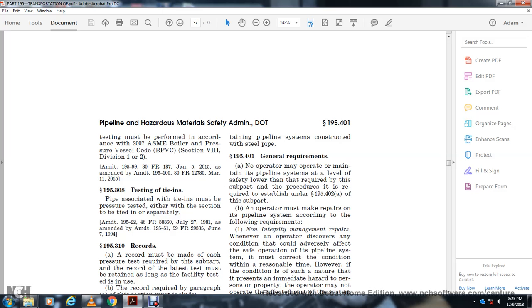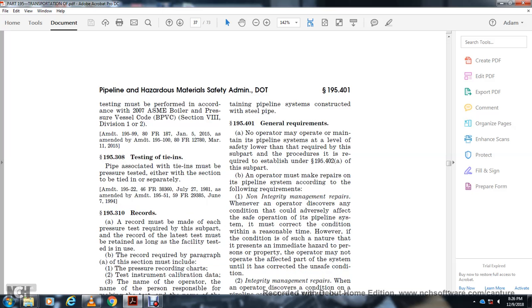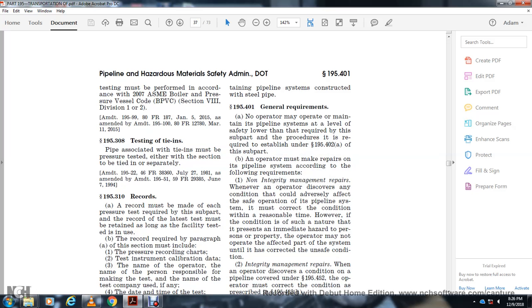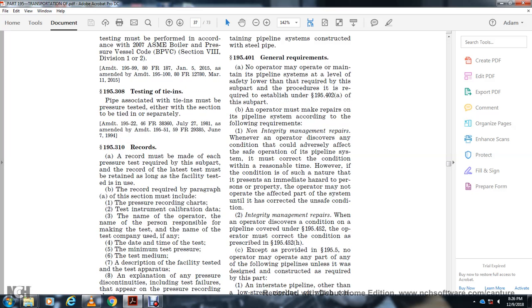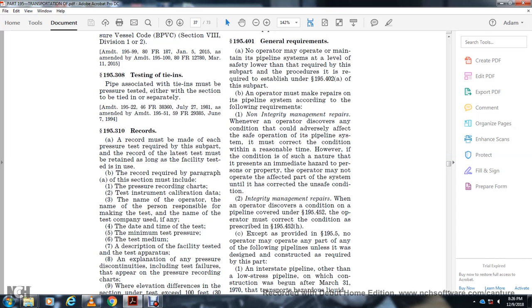195.310 Records. A record must be made of each of the pressure tests required by this subpart. The record of the latest test must be retained as long as the facility tested is in use. The record required by paragraph (a) of this section must include the pressure recording chart, the test instrument calibration data, the name of the operator, the name of the person responsible for making the test, the name of the test company used, the date and time of the test, the minimum test pressure, the test medium, a description of the facility tested and the test apparatus, and an explanation of any